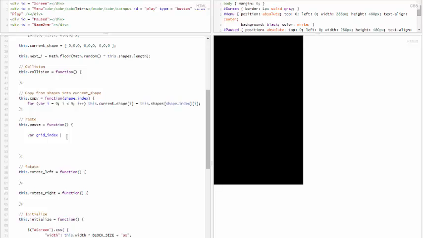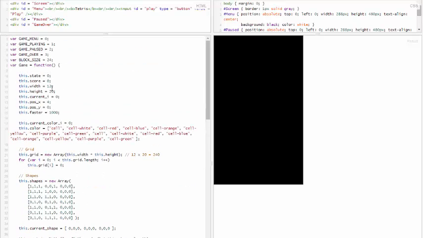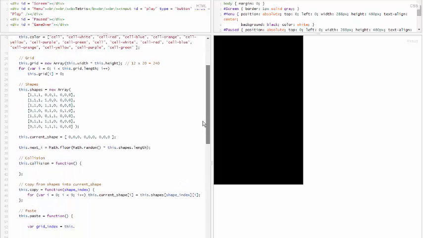and one way of doing that is, we have position X and position Y. That's the current position of the piece that's falling. We need to take GW, this is going to be the width of the entire grid, so it's going to be 12,